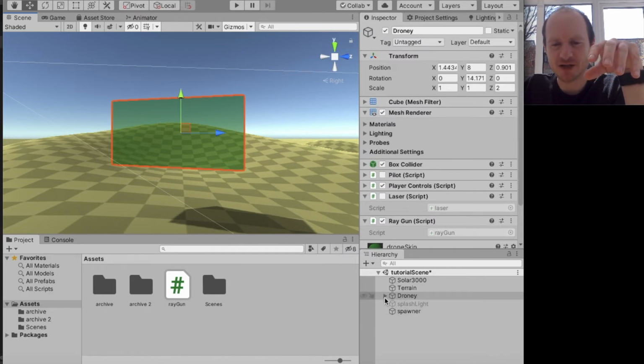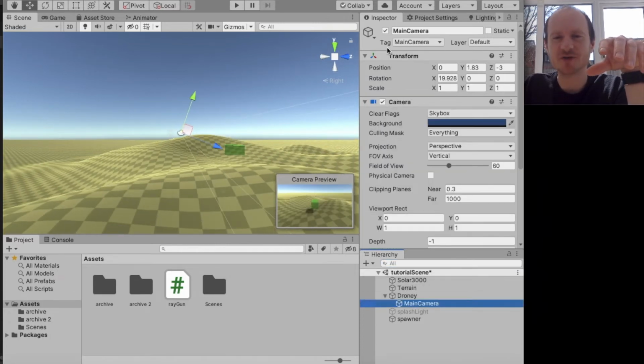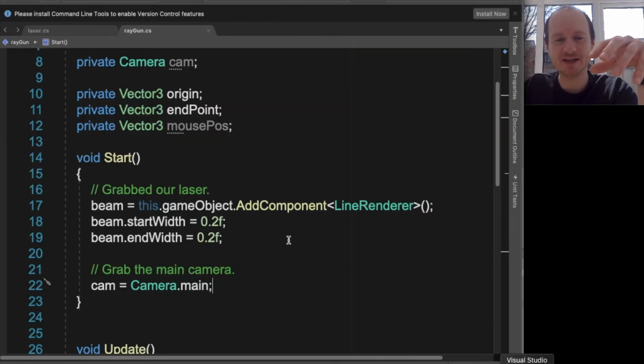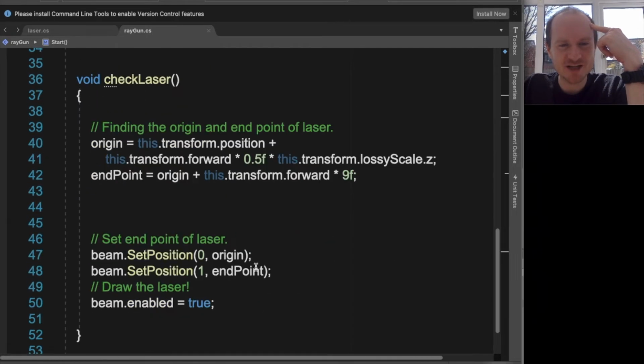So if I find my camera, which I think I've already said is parented to my drone, you'll notice it's got the tag main camera. That's really important. It allows this function to happen. That will go and find whatever's tagged with main camera and return it here. So we've got our main camera. That means when we're checking our laser,